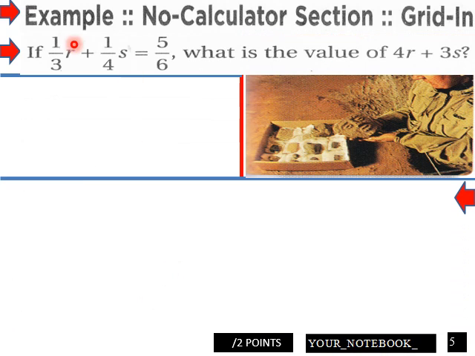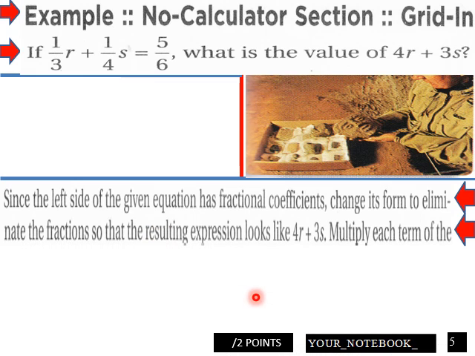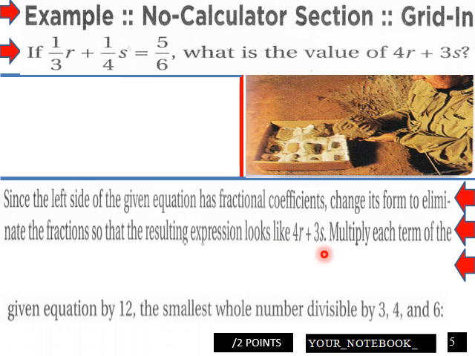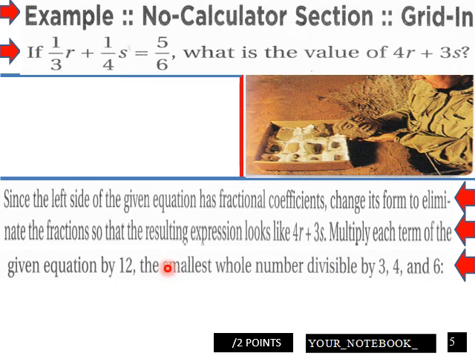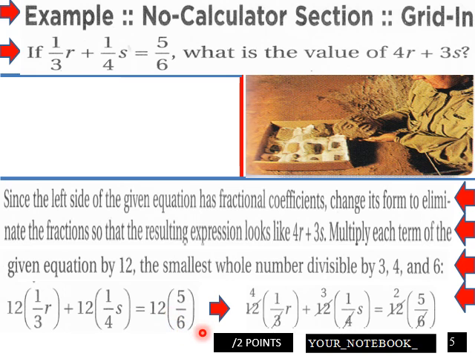Page 5 of this: if 1/3 r plus 1/4 s equals 5 over 6, what is the value of 4r plus 3s? Since the left side has fractional coefficients, change its form to eliminate fractions. So it looks like 4r plus 3s. Multiply the given equation by 12, the smallest whole number divisible by 3, 4 and 6. So we multiply through by 12. This gives us